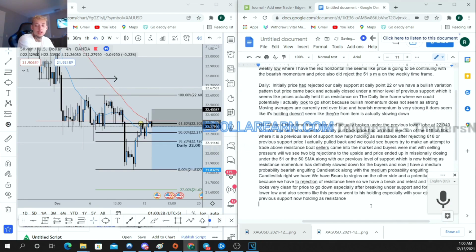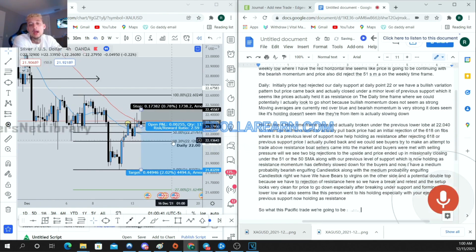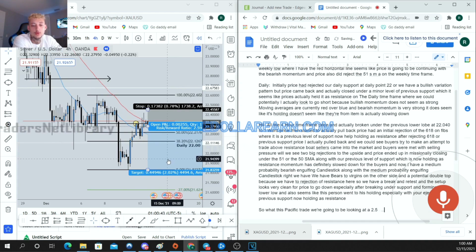Now all we're going to do is give it a little space, and then what we're simply going to do here, we have bearish divergence. We're obviously going to edit all of this in a second, but what we're going to do is talk about the risk. So with this specific trade, we're going to be looking at a 2.5 risk to reward ratio, which